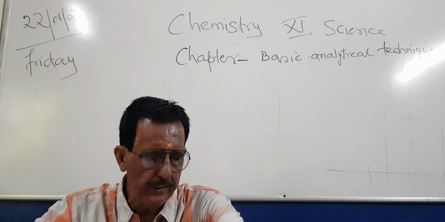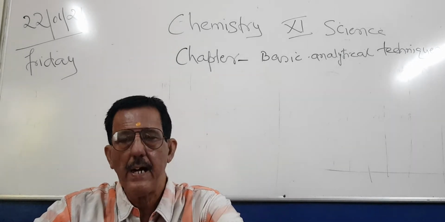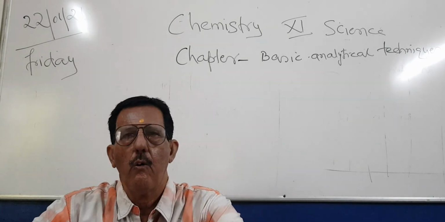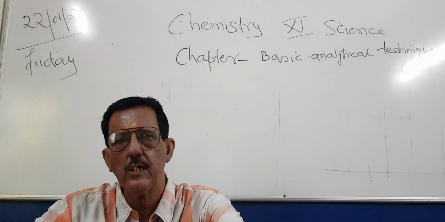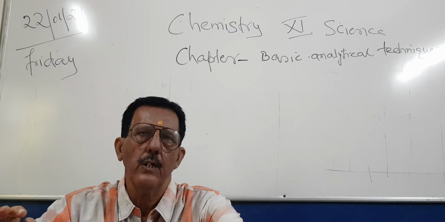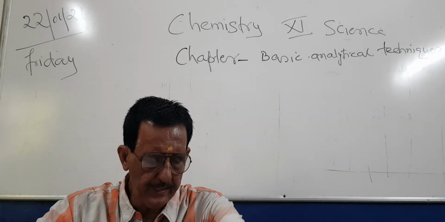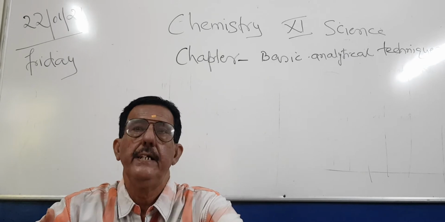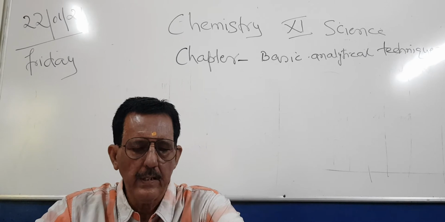Based on the stationary phase involved, chromatography is classified into 2 types. One is adsorption chromatography, the other is partition chromatography. What do you mean by stationary phase? The stationary phase is the one that remains fixed in the column, which is called the chromatographic column. And on the basis of this stationary phase, chromatography is further divided into adsorption chromatography and partition chromatography.